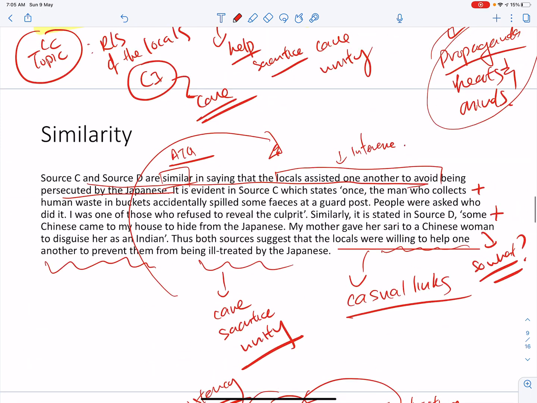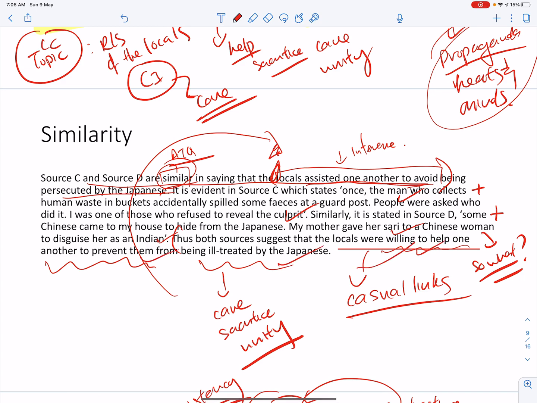Just a quick one again about the similarity. Again, ATQ, similar. Then give me the common criteria plus your common inferences because they are the same, right? The locals assisted one another. This is about relationship. They assisted one another so that they can avoid being persecuted. Then evidence C. How do I know that they help one another? Well, the man who collects waste would not reveal who's the culprit, right? And then similarly in D, it also says that my mother gave her sari to a Chinese woman to disguise as an Indian. This both implies they were willing to help prevent one another from being ill-treated by the Japanese,